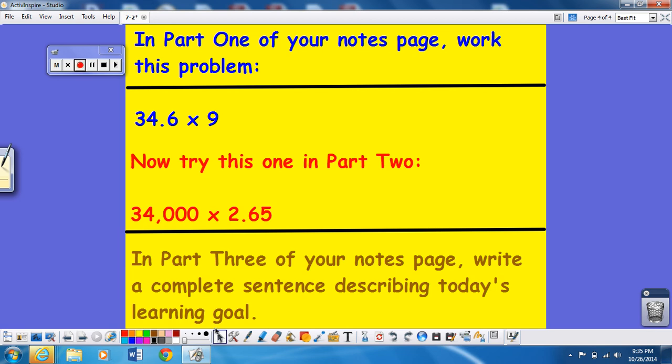In part 1 of your notes page, work this problem that you see here. 34 and 6/10 times 9. When you're finished with that, in part 2, please work this problem for me. 34,000 times 2 and 6500ths. And in part 3 of your notes page today, please write me a complete sentence describing what our learning goal was